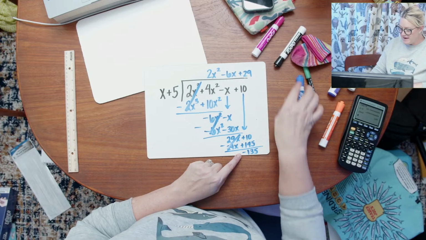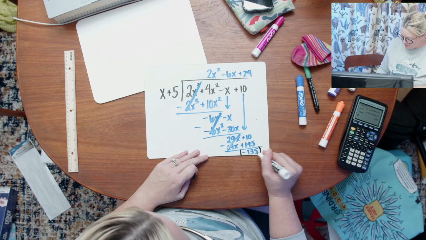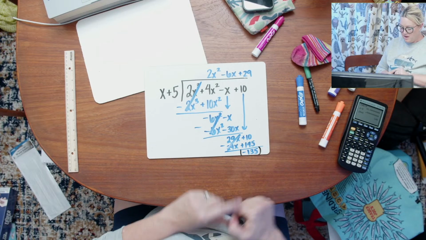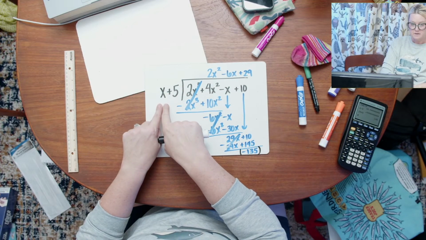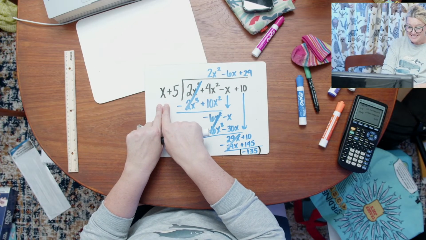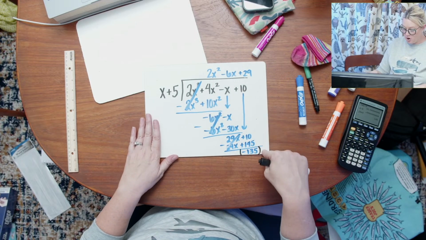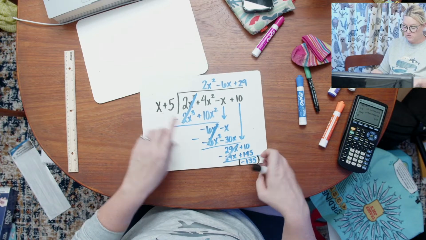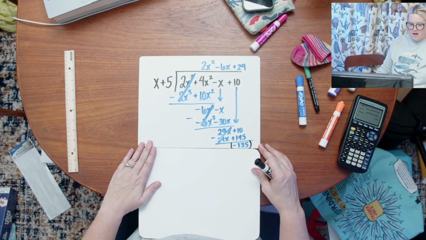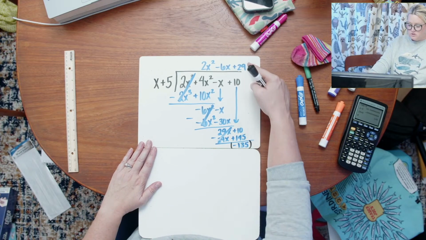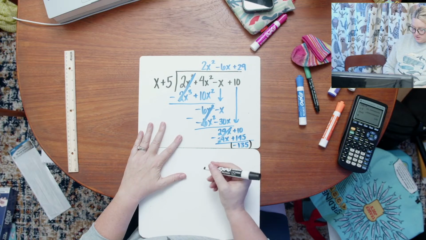So this remainder, I just thought about it backwards when I was doing that long division example. This remainder goes over this. Okay? So this remainder goes over this. So what's left over is going to be out of this original thing. So I'm going to move this down here. So this is my remainder. So this 2x squared minus 6x plus 29, that is going to be my solution, but it's going to be